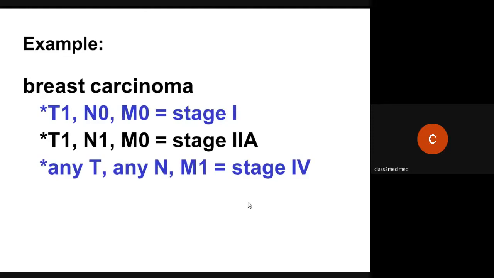N0, what does it mean? No lymph node metastases, no secondaries in the local lymph nodes. M0, what does it mean? No distant metastasis. So this is called stage 1, and this patient is treated as stage 1. Clear? But if it is T1 and we found tumor secondaries in 2 axillary lymph nodes,